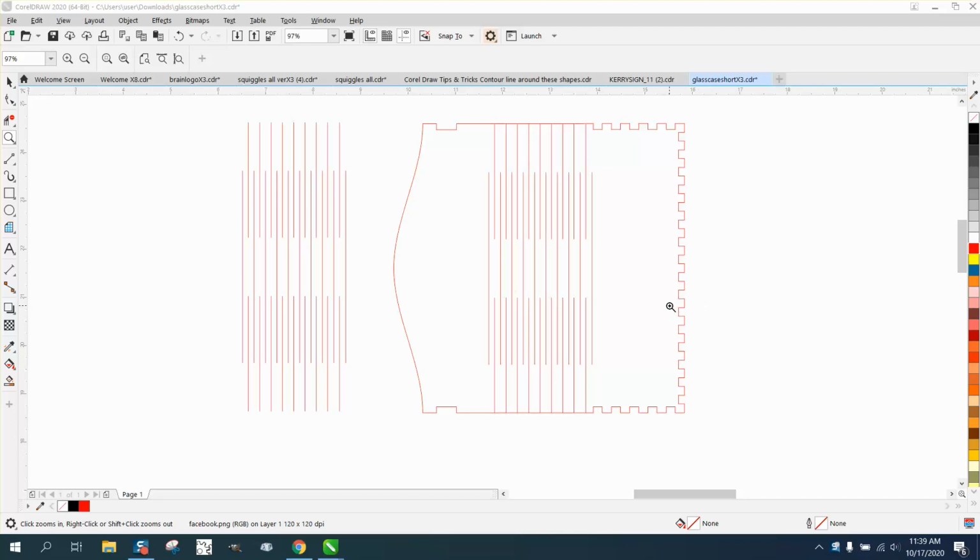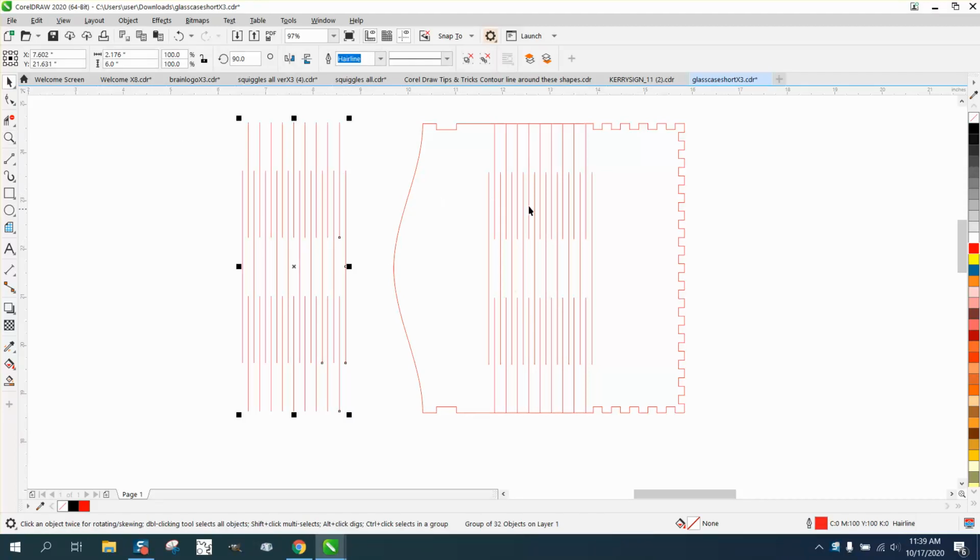Hi, it's me again with CorelDRAW tips and tricks, and this is about a living hinge. Somebody emailed me and asked a question. They drew their first living hinge, and it was a little bit of a pain to draw and took a little time, and they wanted to know if there was a macro. Not that I know of, but you could utilize this living hinge,